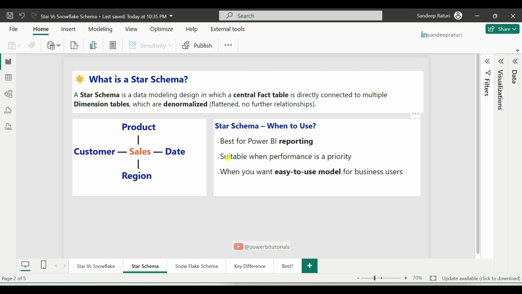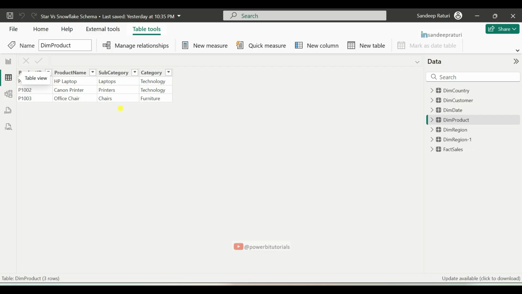Second point is suitable when performance is a priority. In star schema, dimension tables are denormalized, flattened, which I showed you earlier, which reduces the number of joins needed during query execution. Fewer joins means faster query performance, especially when dealing with large data sets. This is critical when you want your Power BI reports to load quickly and respond instantly to users' interactions like